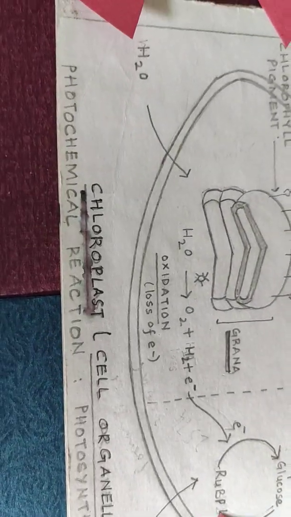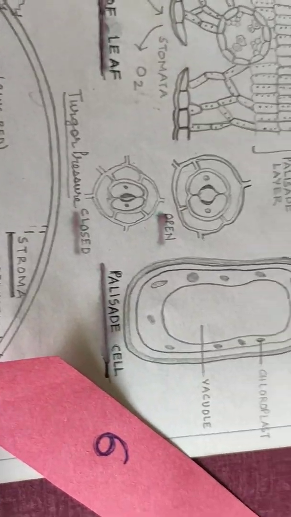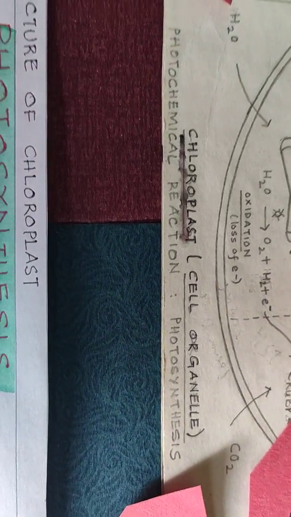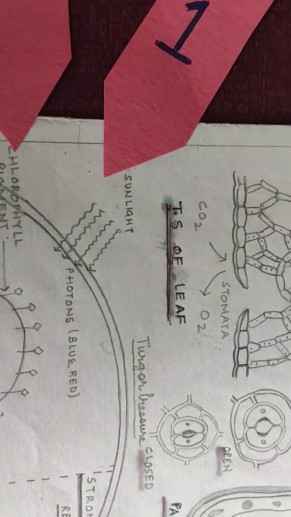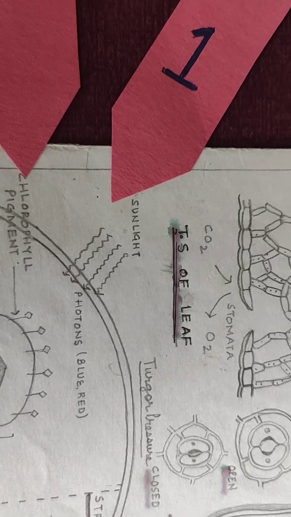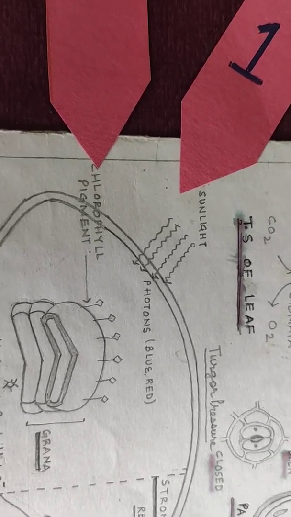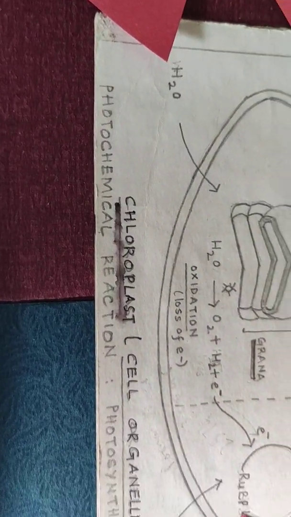So we say that photosynthesis takes place in the chloroplasts. The chloroplasts which are present in the palisade layer of the leaf, where the oxidation and reduction reactions are taking place. Why is it called a photochemical reaction? It's because the reaction is started or induced by photons. Photons are packets of light which are present in the sun rays. So it is induced or started by the light, and the synthesis of glucose takes place because of this.